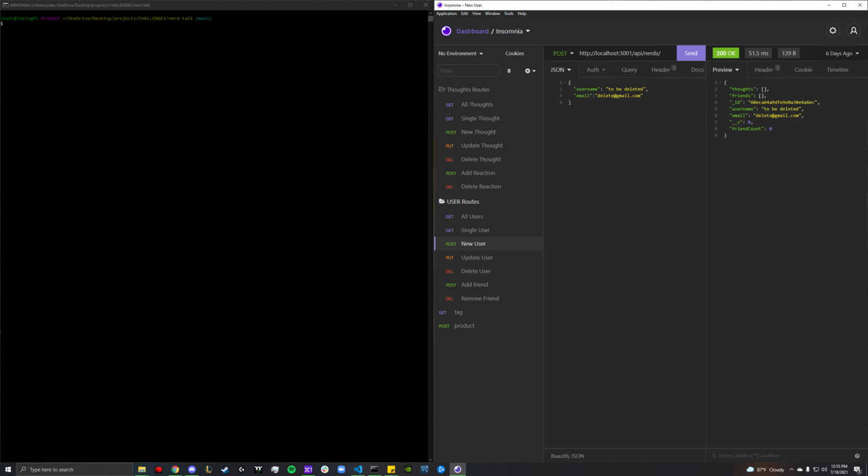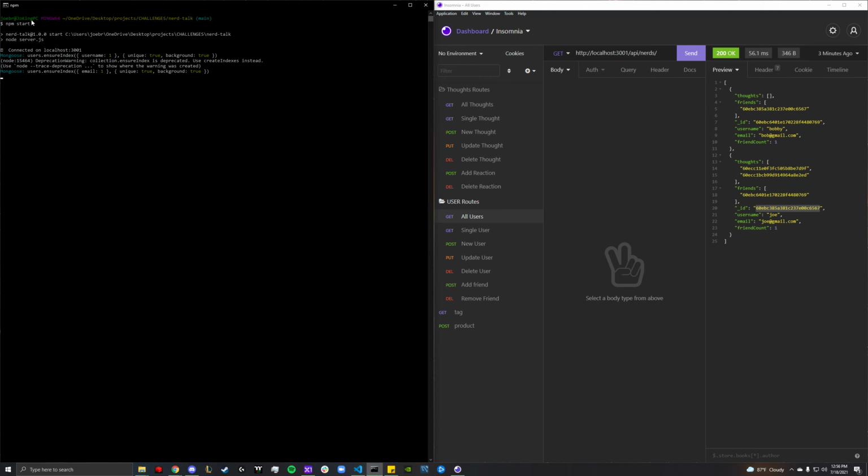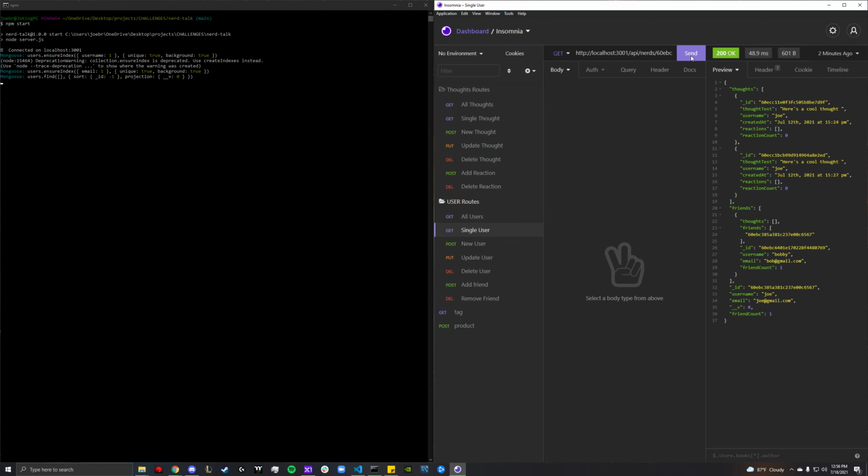So we're going to start with the user routes over here. Right now, if I come over here, we'll see that I need to start my server. Once I'm connected, I can click send and I will return. Right now I only have two users. I have a user of Joe and a user of Bobby. I have this set up already so that if I hit this route, I'm just going to get Joe's,